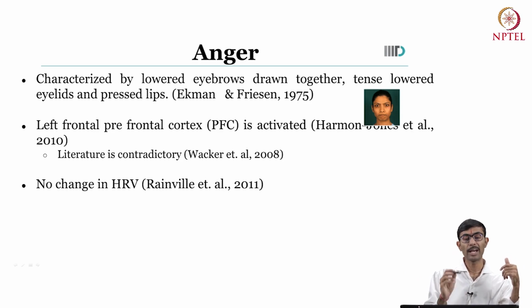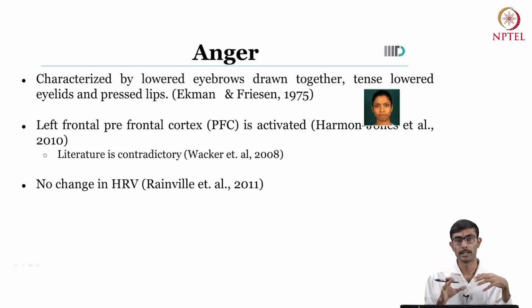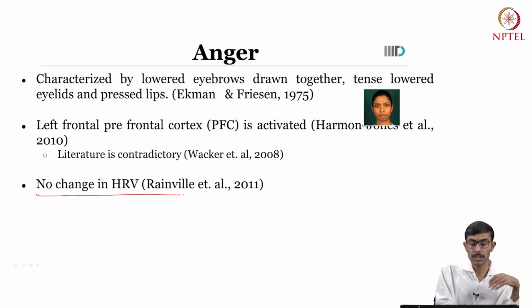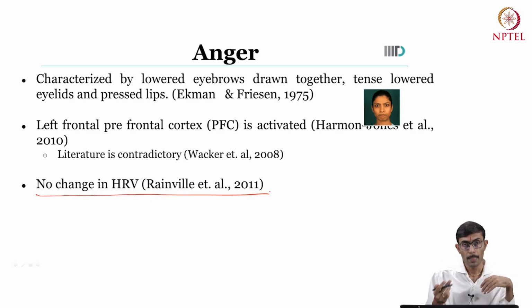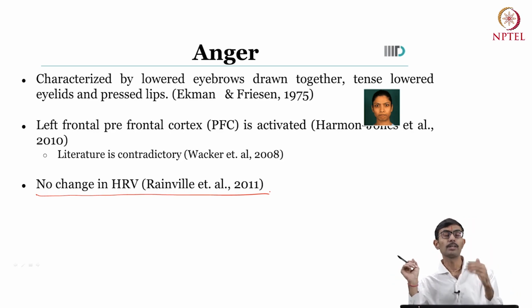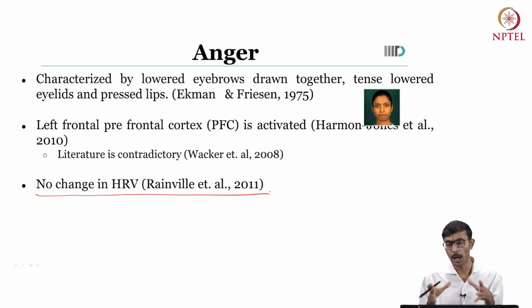Interestingly, when we analyze the heart rate variability, the one that we saw in the case of the fear emotion, we observe no change in the case of anger. While if you recall, in the case of fear we observed a reduced heart rate variability. So it clearly shows that among the different modalities, different types of discrimination can be possible. For example, if you are only looking at whether the eyes are widely open or not, you may not be able to differentiate between the anger and the fear emotion.